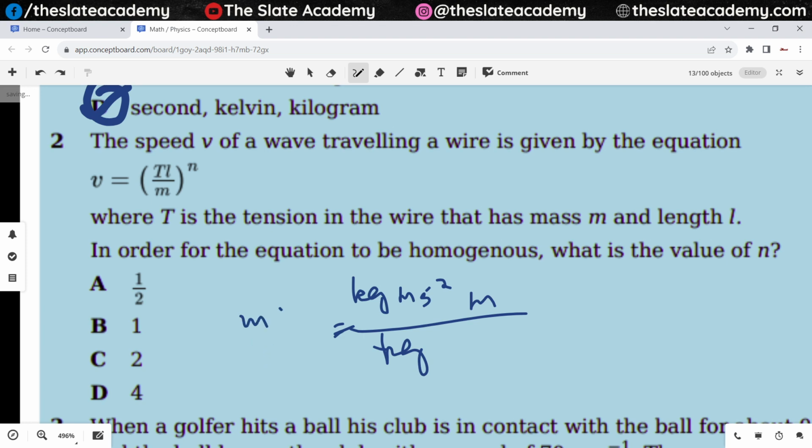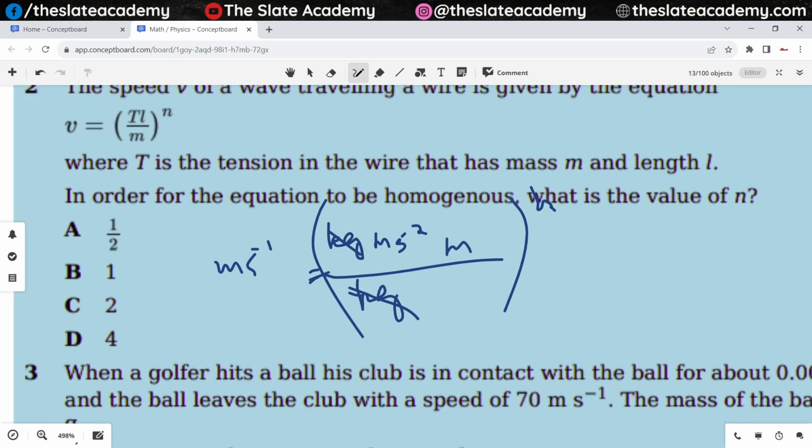Yeah, m s⁻¹. अच्छा जी, on the left hand side, I've got a power which I don't know what it is. kg cancels kg, and then I have got meter squared per second squared. Did I miss something? kg meter per second squared, ठीक है, divided by kg. So it would be meter to the power 2 and s to the power minus 2. ठीक है।